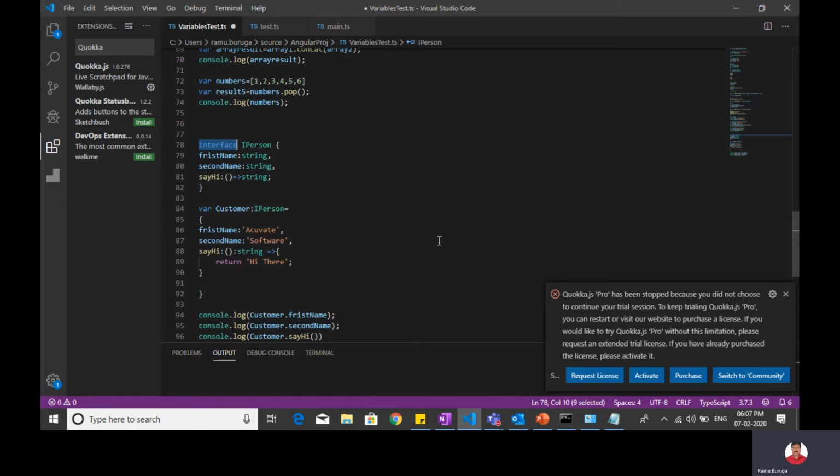In the interface, I'll just mention what properties and what methods we will have, and you take this interface and implement your class. That's just the declaration of it. Normally an interface name will start with I. When you create an interface it will start with I, and the keyword is interface. Normally in C# also the keyword interface is used to create the interface.